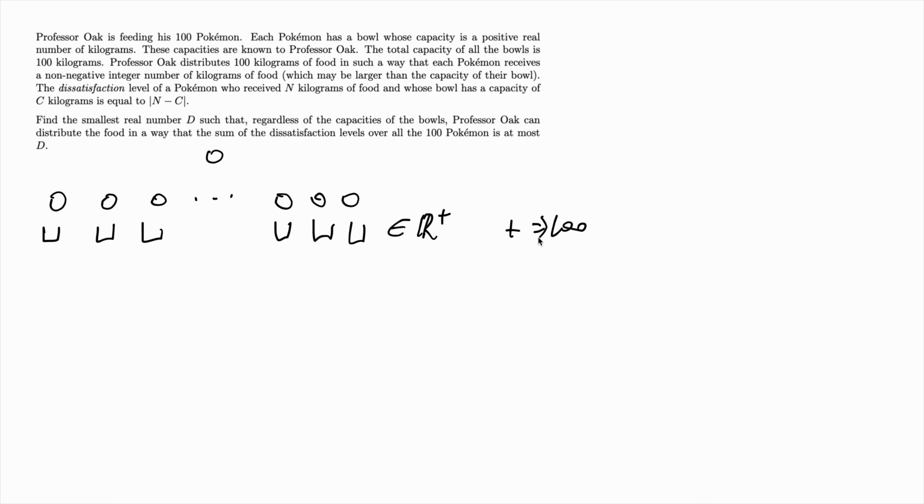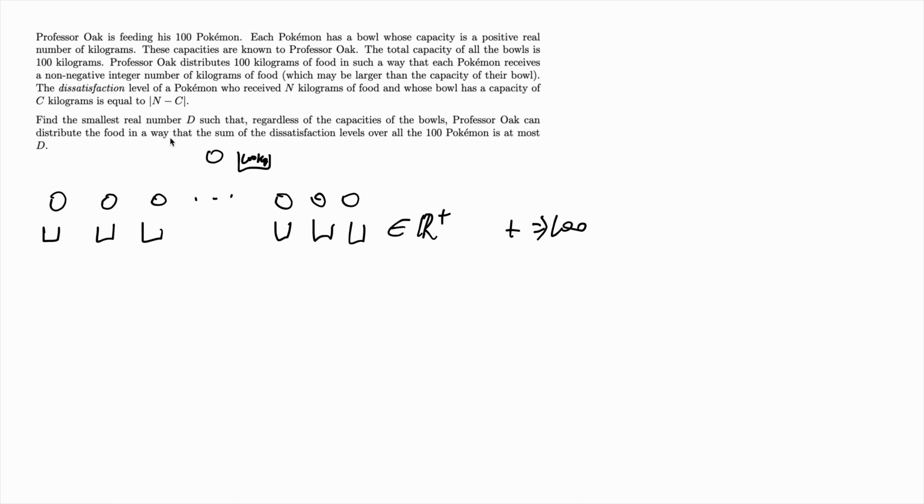He distributes 100 kilograms of food, and the amount a Pokemon gets may be larger than the capacity of its ball. The dissatisfaction level of a Pokemon who receives n kilograms of food and whose ball has a capacity of c kilograms is equal to